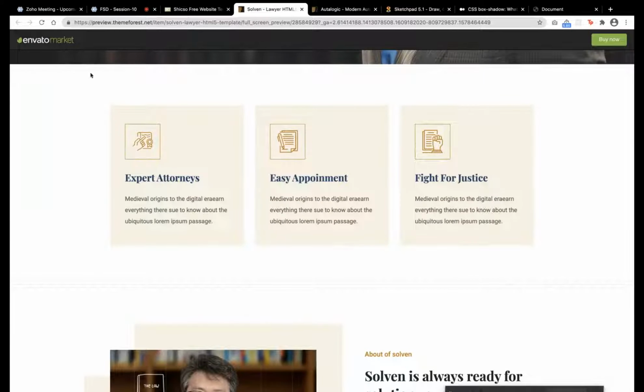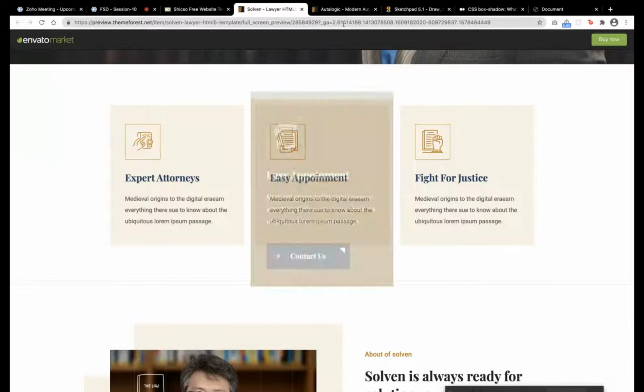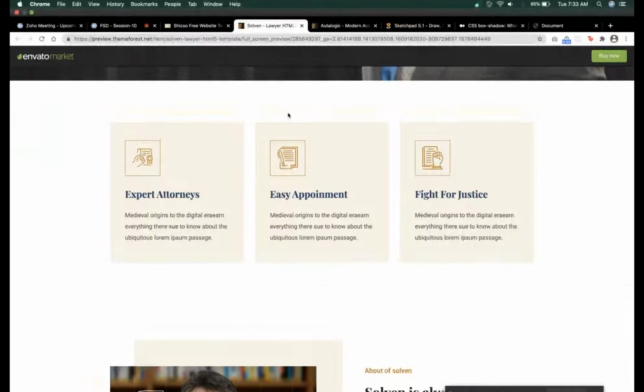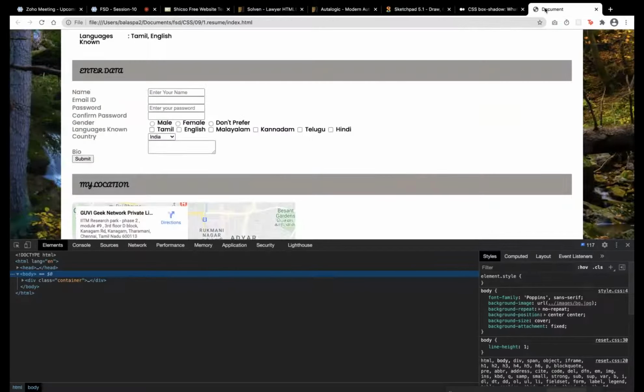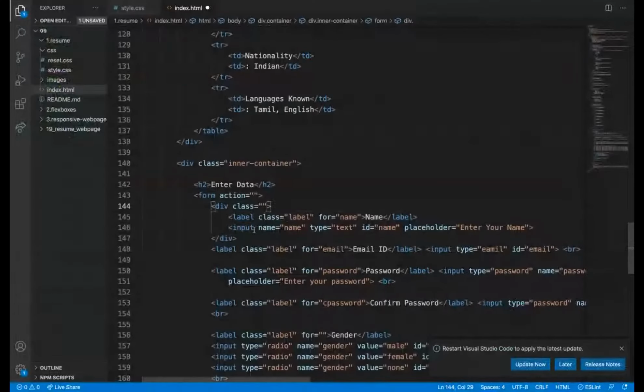I just wanted to say how they use division in between, but we'll go back to our resume project. We need to wrap everything inside a div, and then we can say form element.